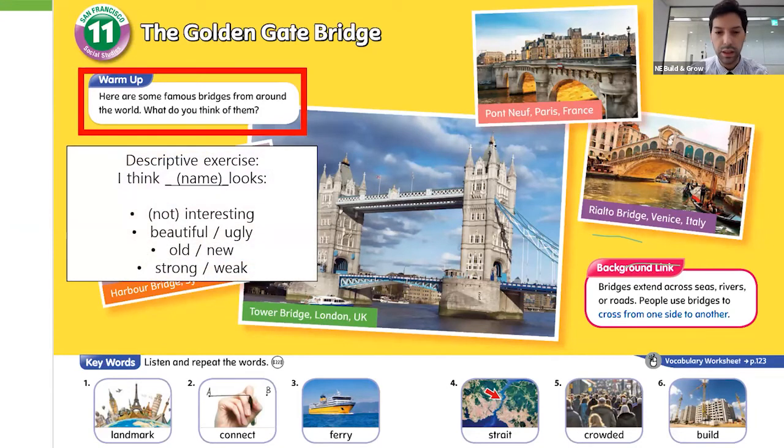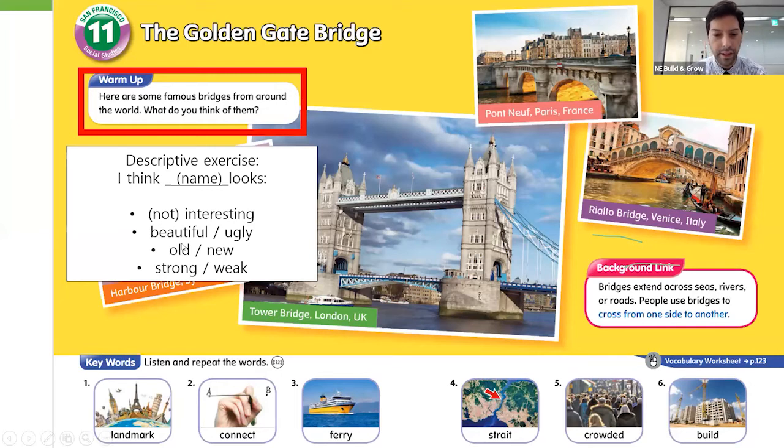So here I've just come up with this really simple example box for a descriptive exercise. And in this case, we've got the structure. So when the students are practicing, they're already using the structure. And here it's a very simple sentence. I think blank looks, and then we've got some adjectives. So let me go ahead and ask somebody to choose a bridge and tell me what they think about that bridge. But we're going to use this structure. I think bridge looks, and then we're going to use some of these adjectives. All right, so let me go ahead and unmute